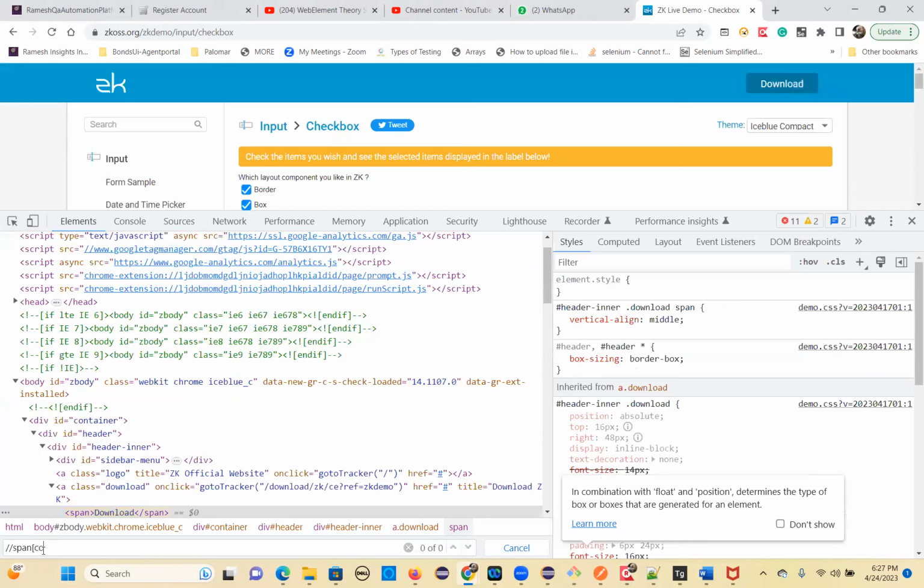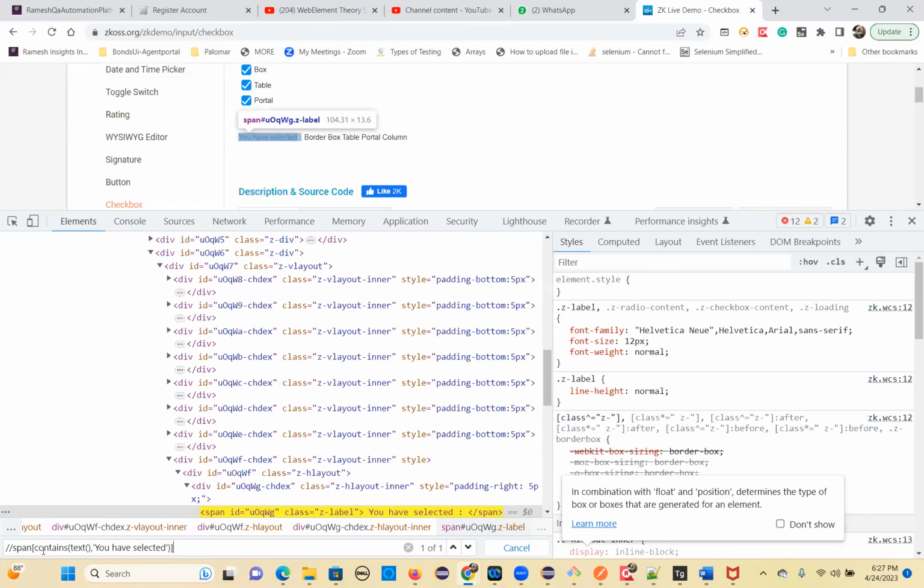So contains of text function, comma, single quote, the text. So let's see, now it is recognizing this parent. Then / following-sibling::